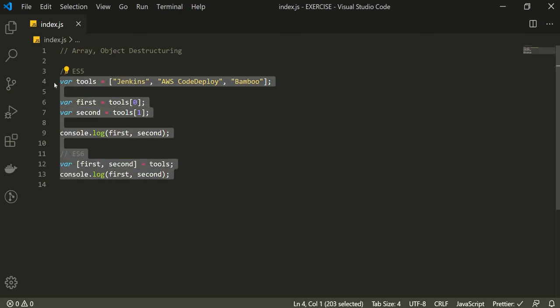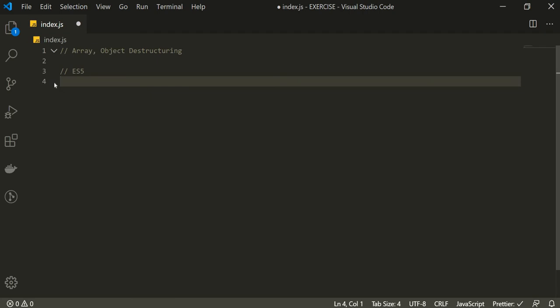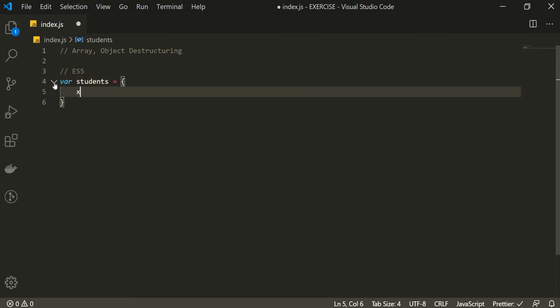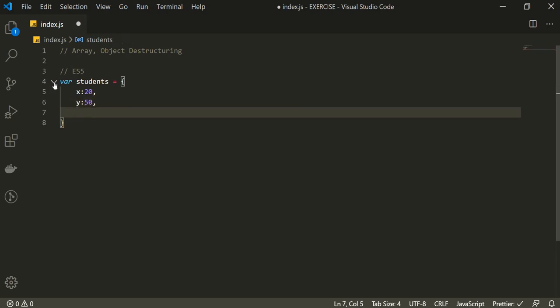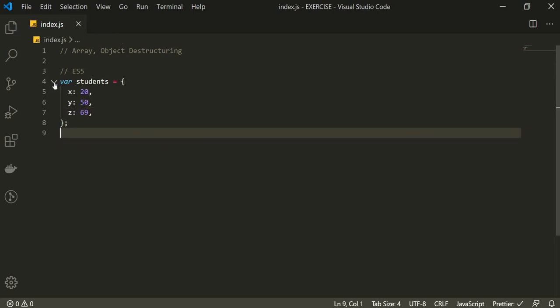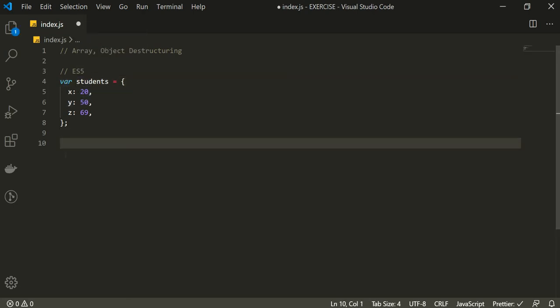Let me remove this one. This time let us create an object of students. Student X has a mark of 20, student Y got marks of, let's say, 50, and student Z got a mark of, let's say, 69. Now in ES5, if I need to extract the first two properties from this object, then what I was used to writing is